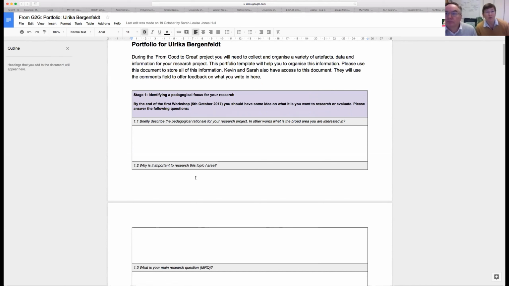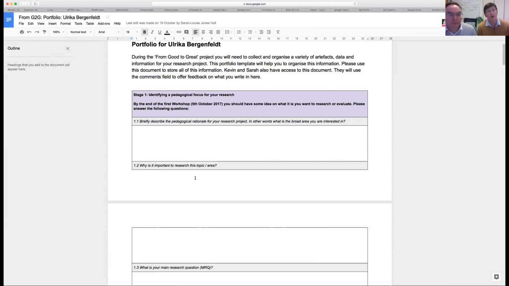So from now on, we'll be moving away from the Google spreadsheet, and you'll be moving into your individual portfolios where we will work with you. We'll divide you up between Kevin and myself, and half of you will be with me, half will be with Kevin. And we'll help and leave comments and feedback using the comments field on the Google document, to give you the support that you need to actually carry this out.